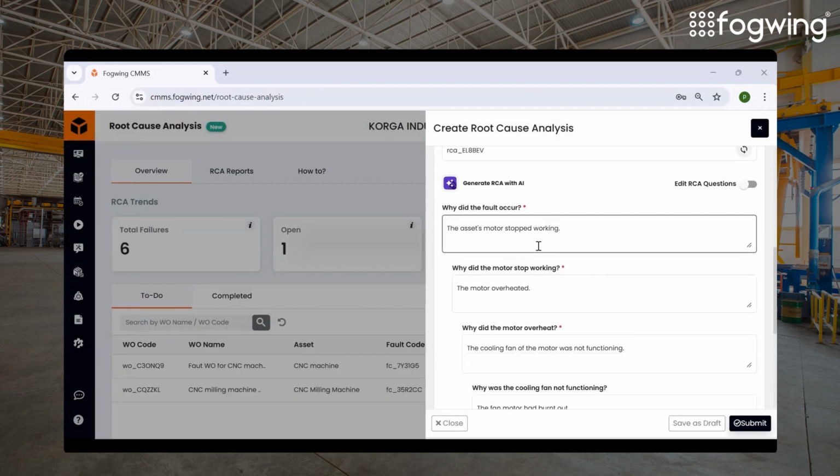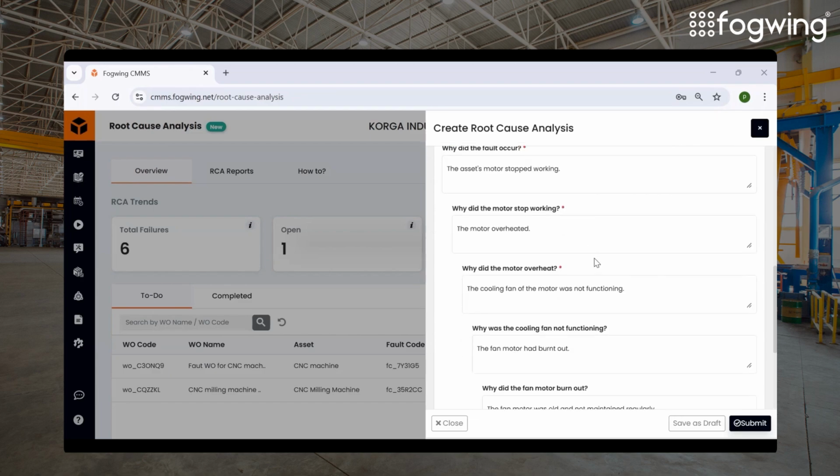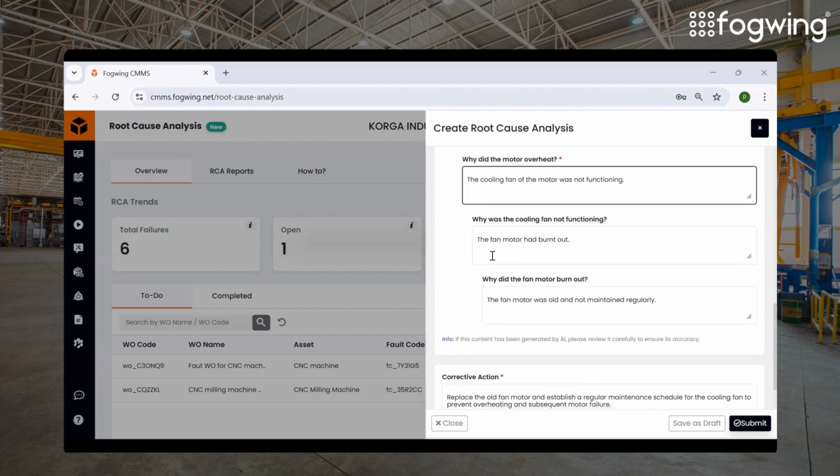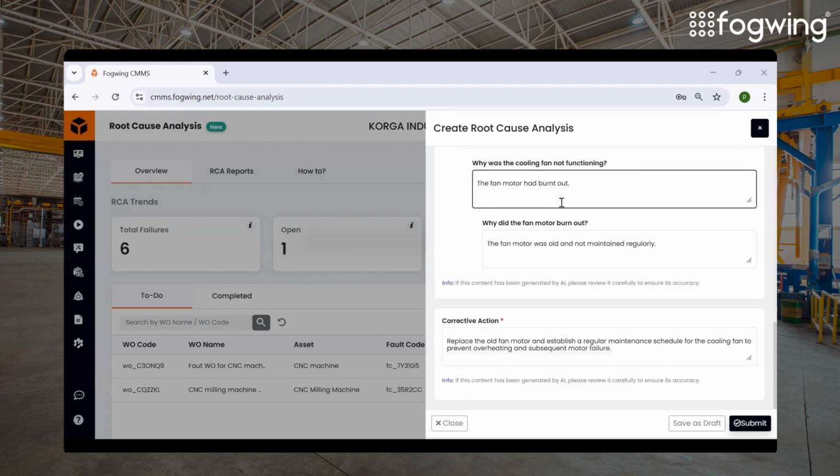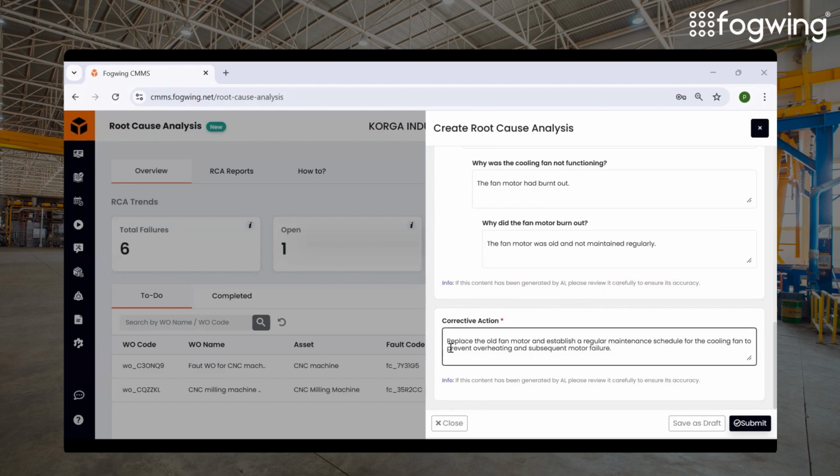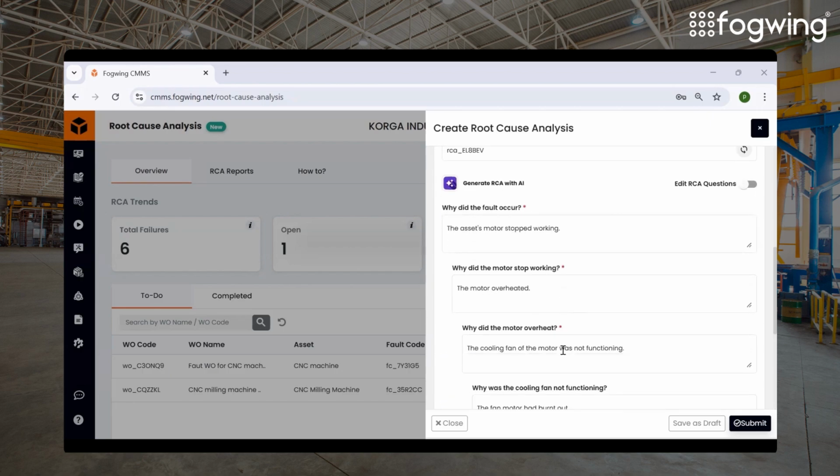So after clicking on generate, you can see the RCA result which has been suggested by the AI here. So you can see the asset motor has stopped working, then it got overheated, then the fan has been burned out, and it has not been maintained regularly. So the corrective action is also mentioned here, so that you can replace the old fan and establish a regular maintenance schedule for the cooling fan to prevent overheating. So this is how you can use the AI feature here to get the actual reason of the fault which has been occurring. So once you click on submit here,